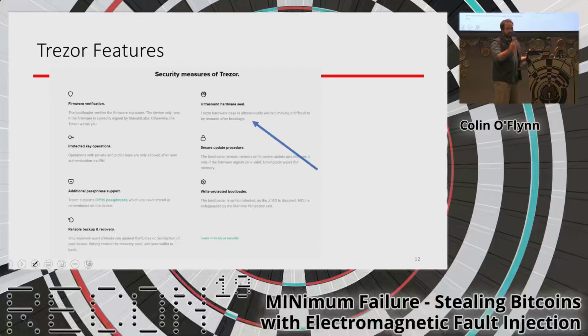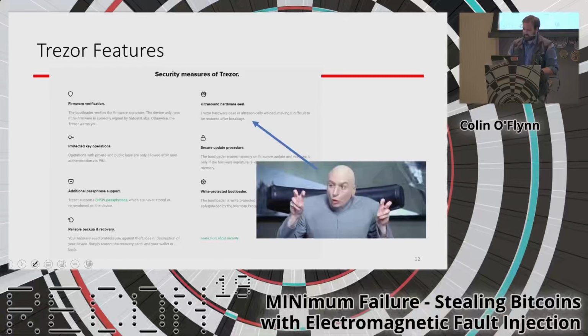Because these wallets basically generate a private key. That private key is now the key to all of your Bitcoin money not being stolen. If someone were to load malicious firmware, they could generate known private keys basically and ship them to hundreds or millions of people, and they now know everyone's private keys. So one of the features they list, for example, is an ultrasound hardware seal, making it difficult to be restored after breakage. So what this looks like,